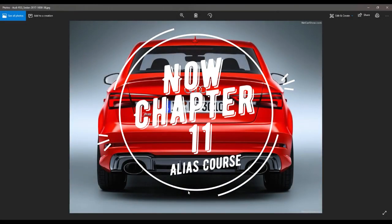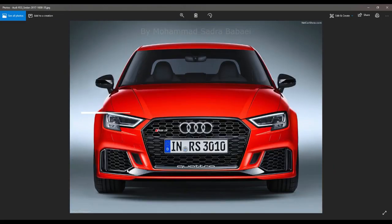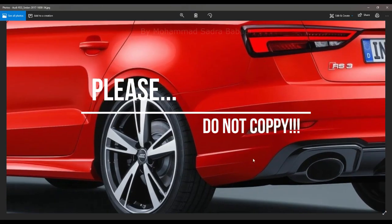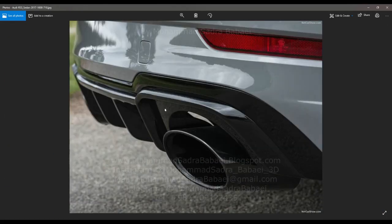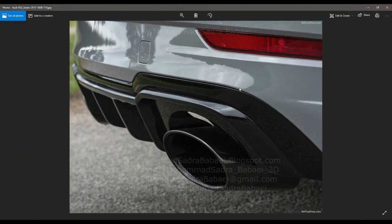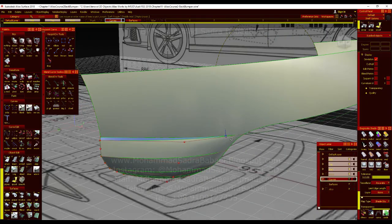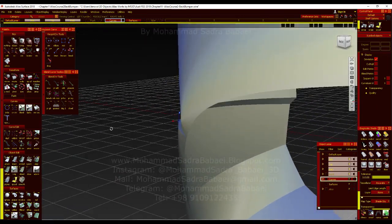Hello again. Now we've started chapter 11, and we just want to talk about the diffuser and the back bumper of our Audi RS3 sedan version. We have just reached some details here that are connected to our black diffuser, and it has a positional touch. So you're going to have a wireframe here to connect it positionally, like what we achieved in chapter 10. As you see, we are talking about this area,